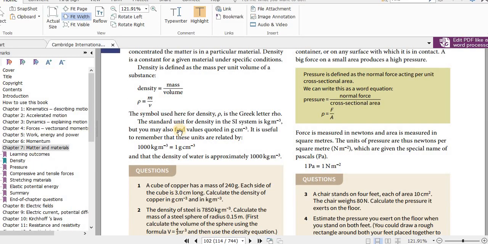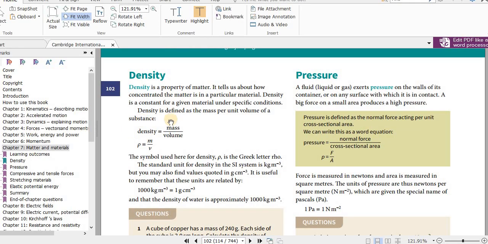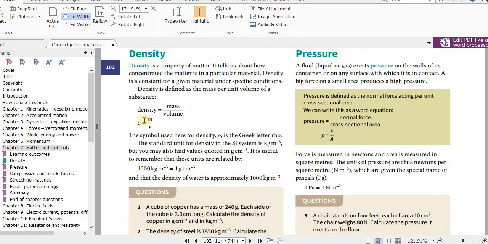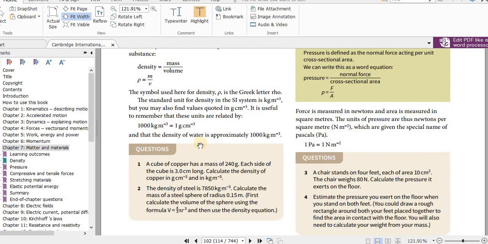So this is basically the conversion factor. 1000 kilograms per cubic meter is equal to 1 gram per cubic centimeter. So very simple. If you want to convert from this unit to this unit, you can use this conversion factor. Density of water is approximately 1000 kilograms per cubic meter or 1 gram per cubic centimeter. Now based on this knowledge, you can answer these questions. You will have to use this equation, and you may have to use this conversion factor